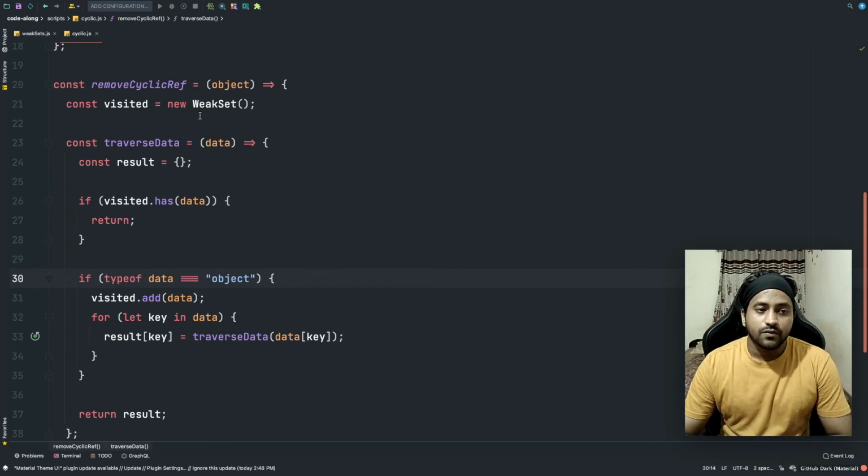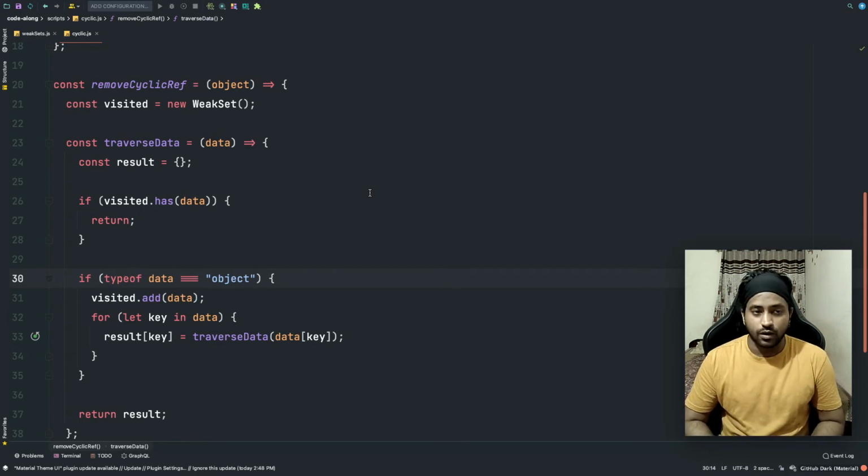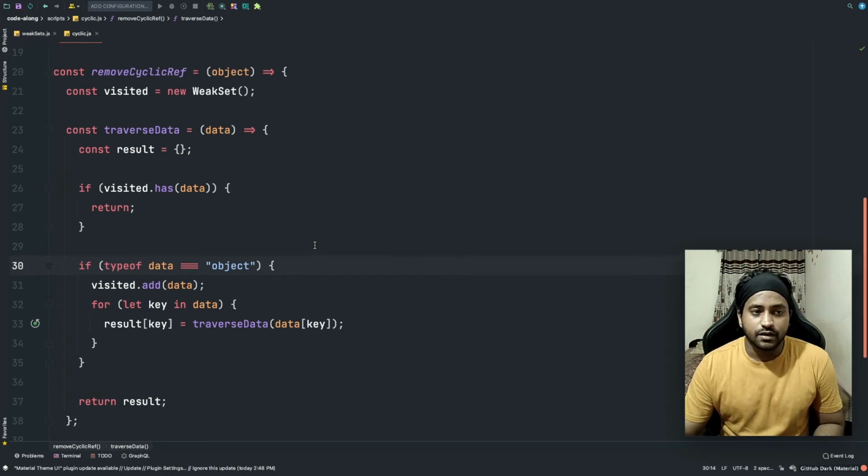Because in this case we don't really care about how we are inserting the data, we don't care about the order of insertion, we don't care about iterating over the values that are already present, we just care whether the object is there in the set or not. So WeakSet is an ideal choice for that. And since we know that WeakSet is performance efficient compared to Set, which I've already demonstrated in my concept video, we are going to use the WeakSet for this use case.